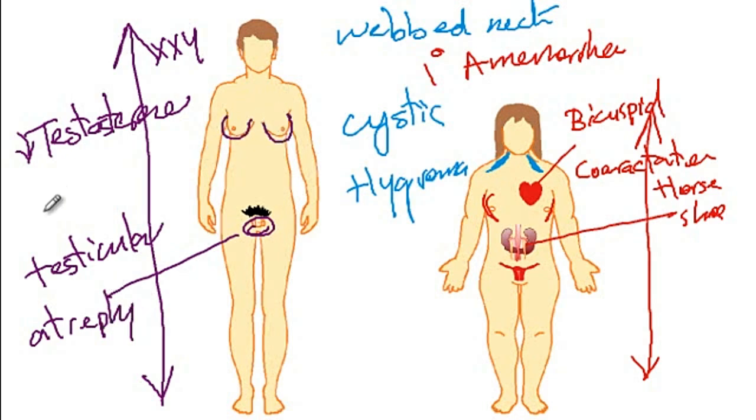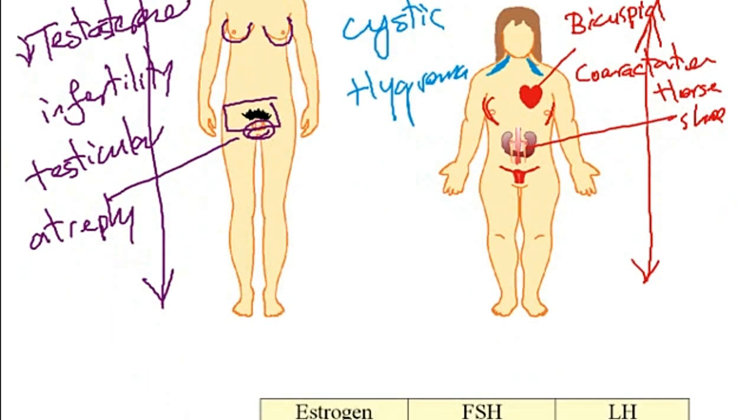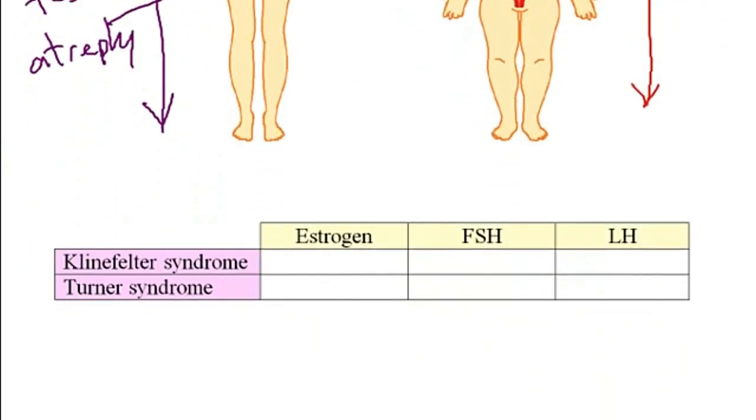Gynecomastia as well as infertility. And then these patients have female pattern of pubic hairs. Now, a high yield point that you will need to know about these two disorders is how the levels of estrogen, follicular stimulating hormone, as well as luteinizing hormones are affected in patients with Klinefelter disease as well as Turner